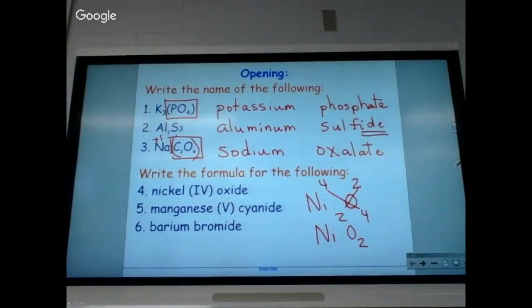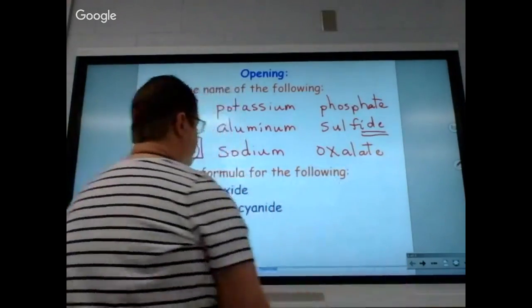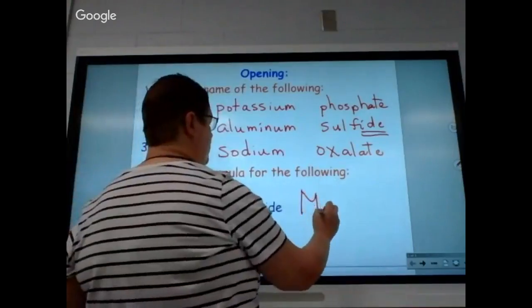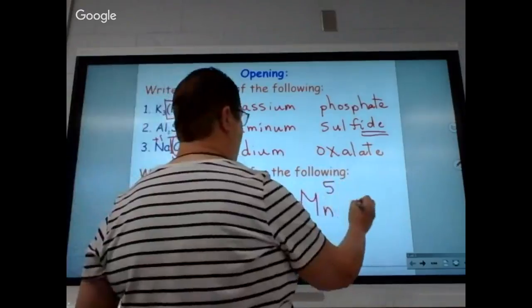If we don't, half. On the test, it's only a -1 because they're 2-point questions. But on the quiz, it'd be a -5. Okay? So, manganese 5 cyanide. Now, manganese has what oxidation number? Cyanide is